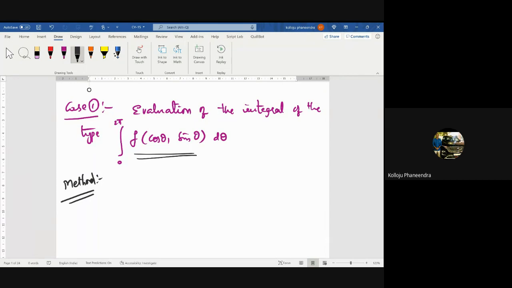Then how to evaluate? So what is the integral first? To evaluate this integral,